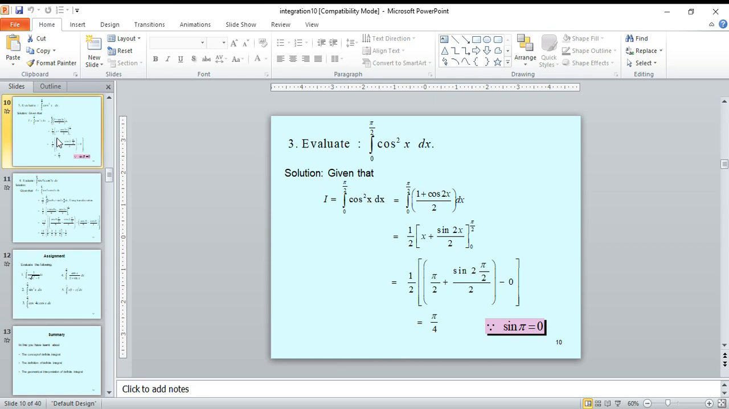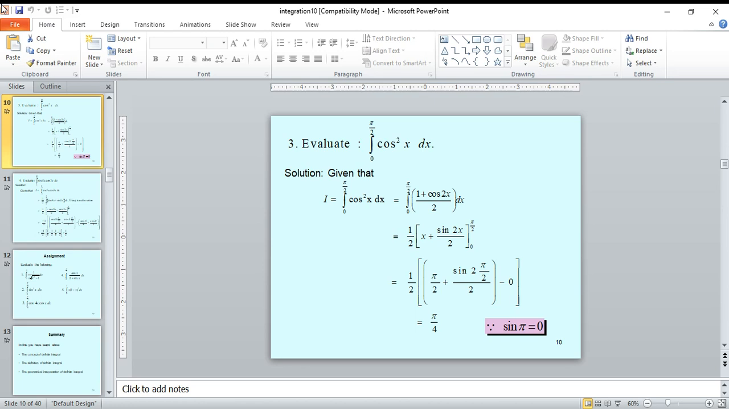Evaluate the integral from 0 to pi by 2 of cos square x dx. Solution: here the interval is 0 degrees to 90 degrees, that is pi by 2. Given that I equals integration 0 to pi by 2 cos square x dx, we don't have any